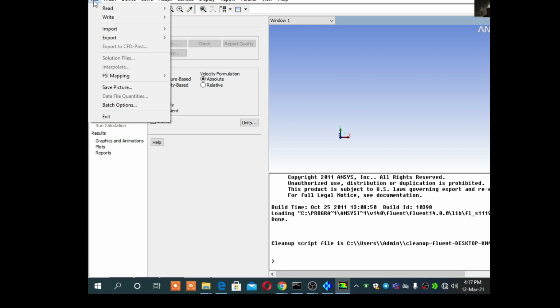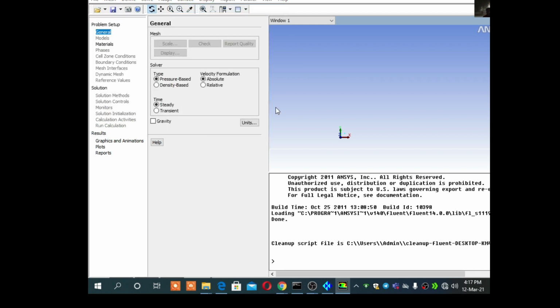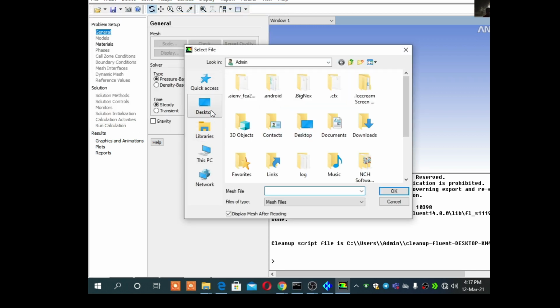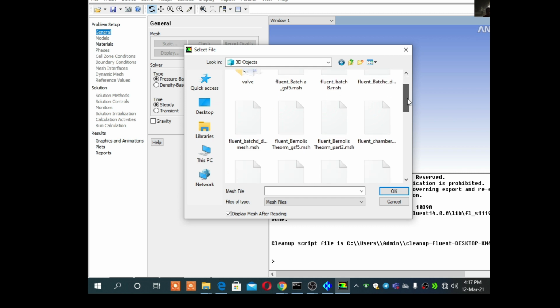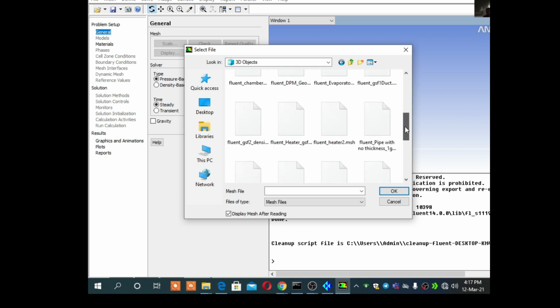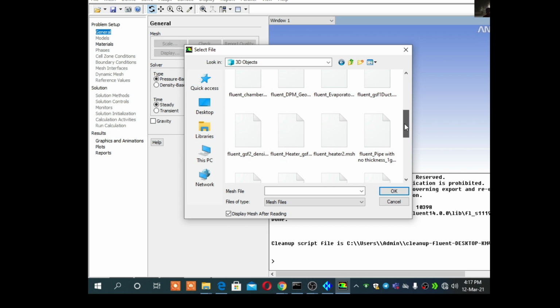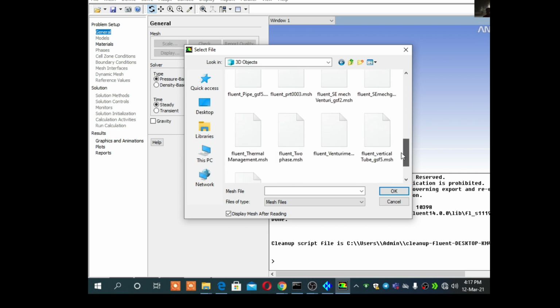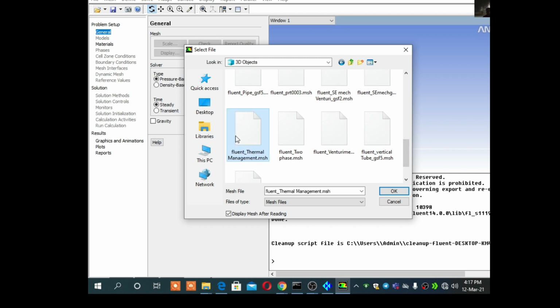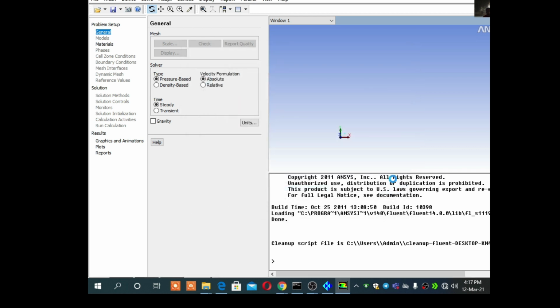Then what I will do, I will go for read mesh. It is in the 3D project and thermal management. So I will see where is Fluent thermal management. Yeah, here it is. Say OK.